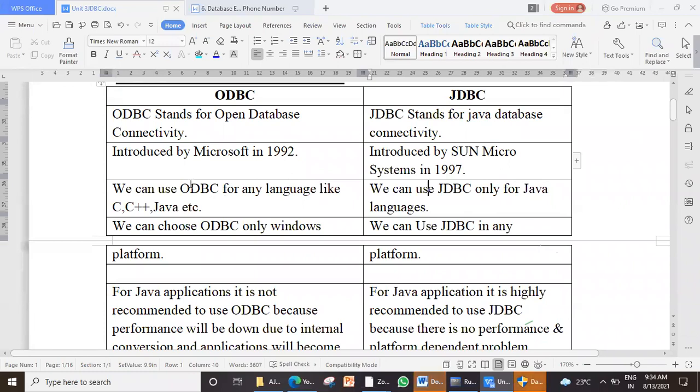Then we can use ODBC for any language like C, C++, Java. JDBC is restricted to only Java. Why? Because it is platform independent, whereas other languages are platform dependent. So ODBC has some code which works especially on platform dependent systems. So sometimes ODBC is useful when JDBC cannot work, and we can choose ODBC.